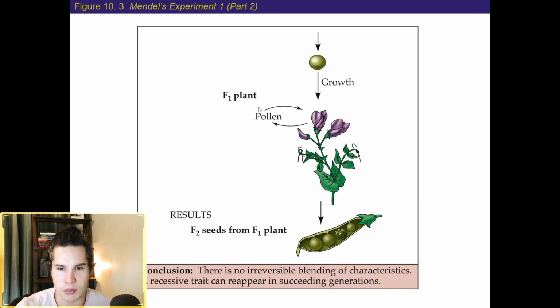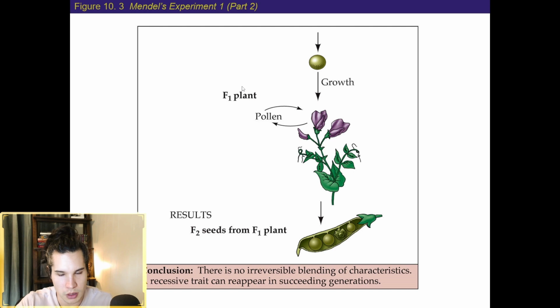So here's the F1 plant here. And what he did was he cross-pollinated. So this is just showing a cross-pollination or pollination of self. And he found that 25% of the offspring had wrinkled seeds. So his conclusion was there's no irreversible blending of characteristics, and that the recessive trait, even though it was present,